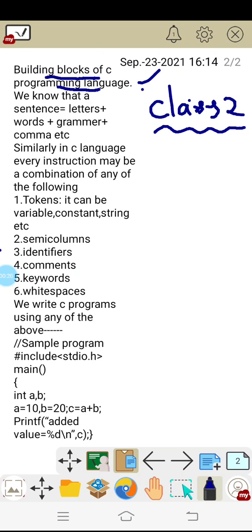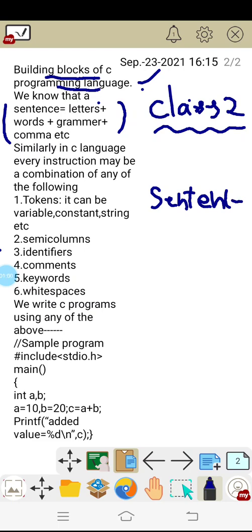Just as you know, if you take any sentence in any language like English, a sentence can be a combination of letters, words, grammar, commas, full stops, etc. Everything is there, no? Similar to that, in the English language or Telugu language we write sentences, and we are going to write sentences in C language also.